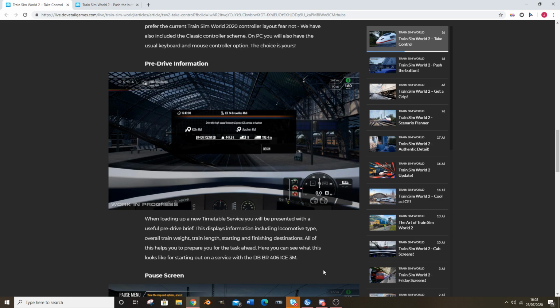Here you see what it looks like if you're starting out with the DB-BR406 ICE M3. Now I've already showed you what it is, shows you where you start, shows you where you end. It gives you a basic description there. What train it is, how weighty it is, how many coaches you've got, and how long it is, which is quite useful information to know. Particularly if you're driving